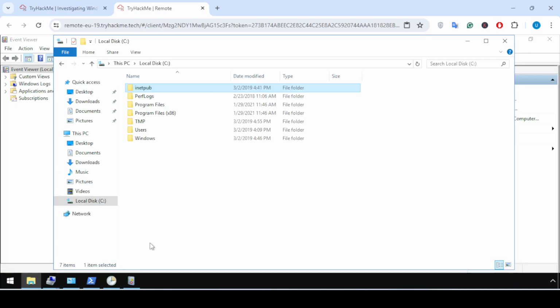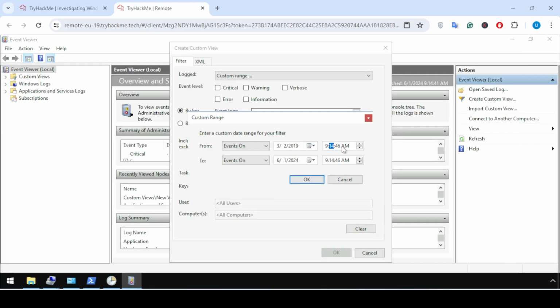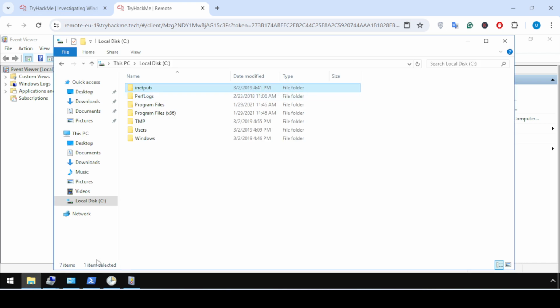So we need to put the time according to this. For this purpose, I will type 4:00, and here I should type PM. You can see clearly it's PM.